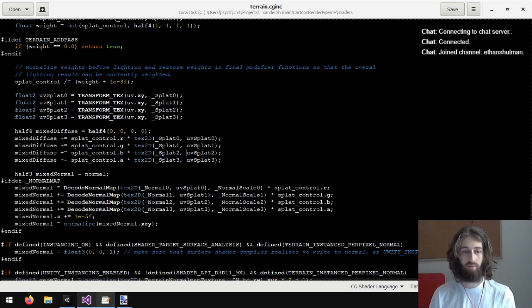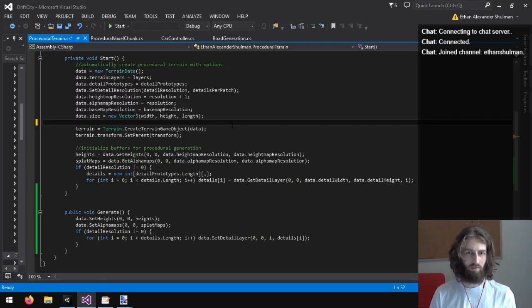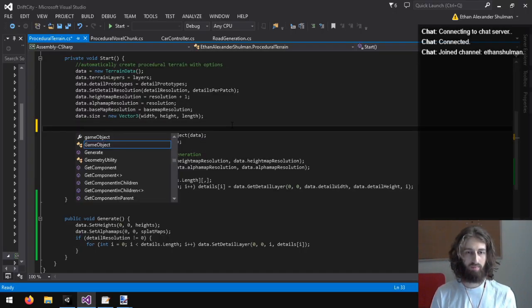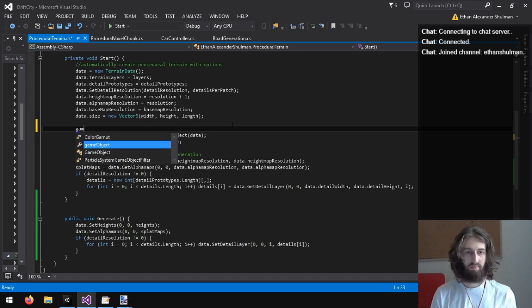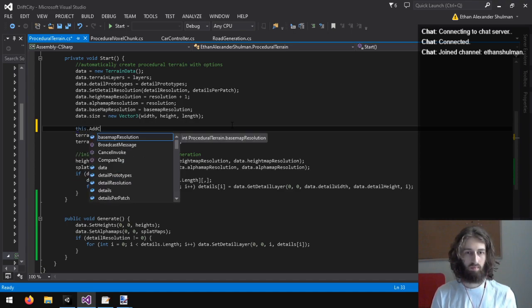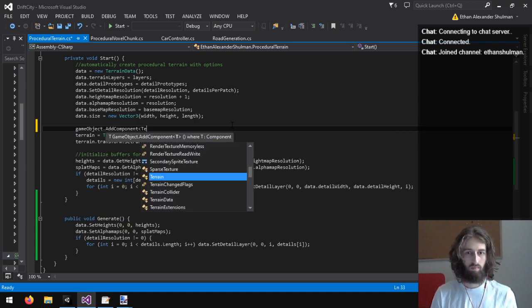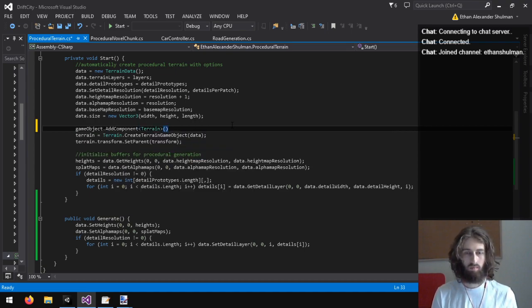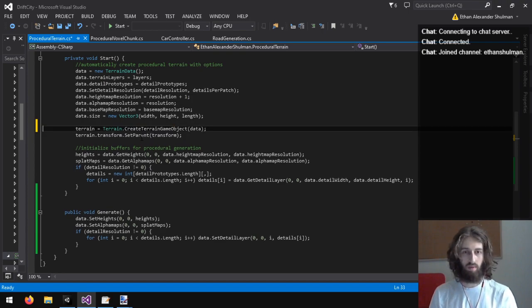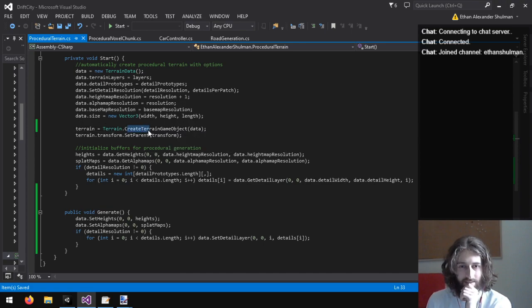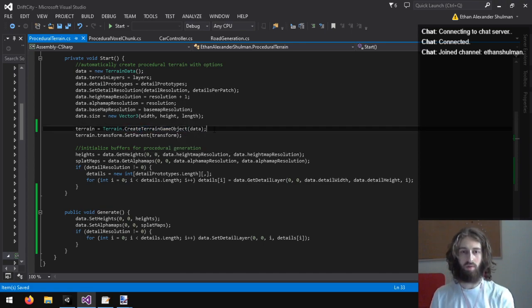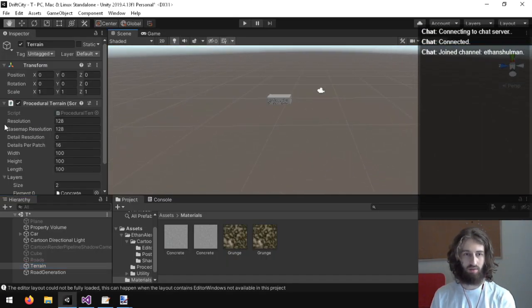Alright, let's see if we can manually add terrain. I guess we could manually add terrain. No, I guess I'll just create terrain game object. I'll also, when I create this game object in the transform, I'll center it.